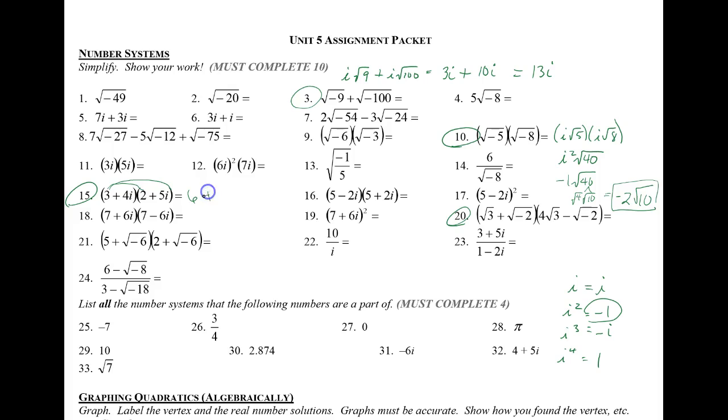Outside is 15i. The inside is 8i. And then the 2 at the back, let's see, 4 times 5 is 20. i times i is i squared. Okay, so when you FOIL this out, you should be getting this, and now you get to combine like terms,